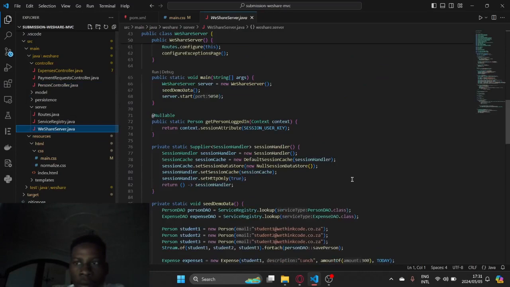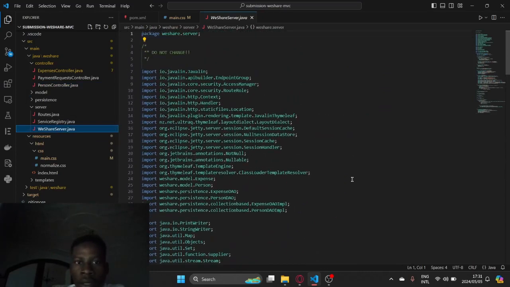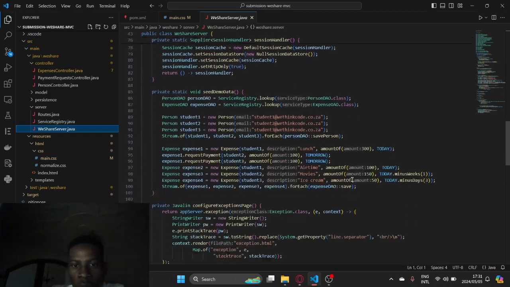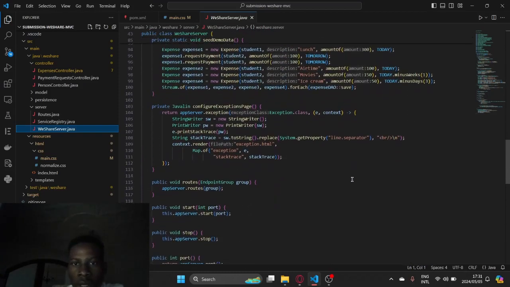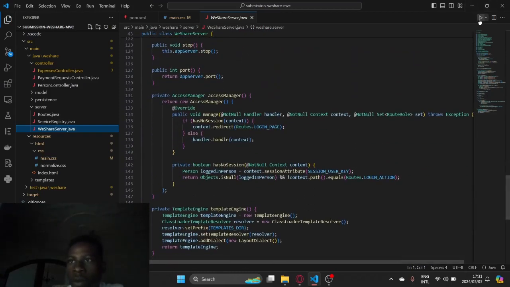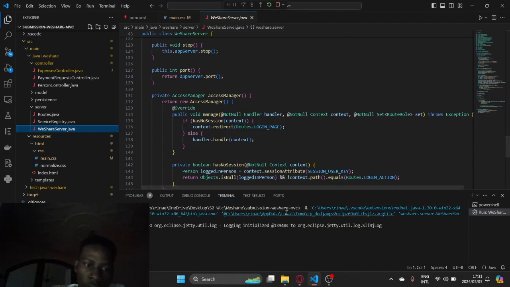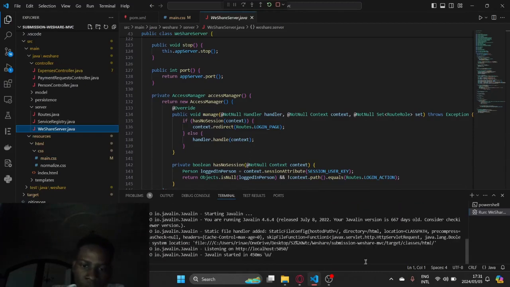And this is the server. This is where everything runs. You get the user and the student and everything. So I'm gonna demonstrate that. You run the server, right? And then if you click the link,